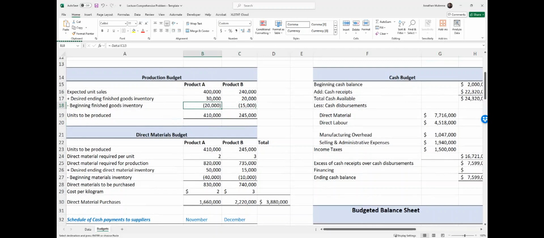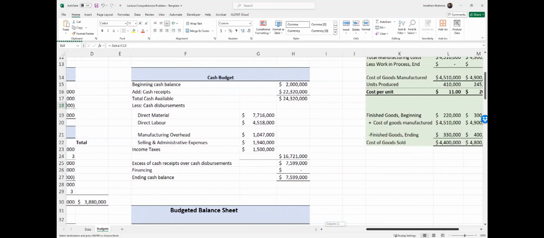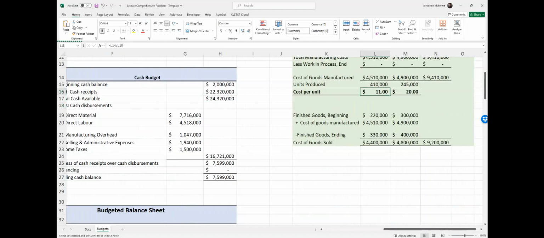You could multiply this by the cost per unit that we calculated over here. So it was 11 for product A and 20 for product B, and add the two together. But we already did the work here, so if you want to see, just so I can show you, it would be